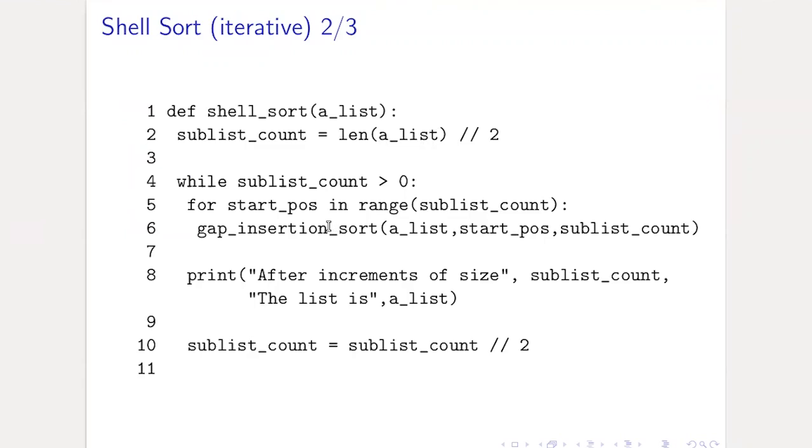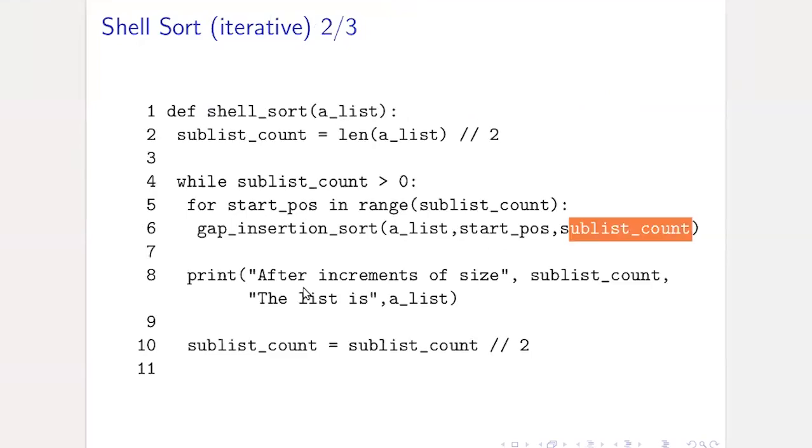Okay, but you can use any other form of creating sublists, and then the algorithm will get the sublist and do what we call the insertion sort on that particular gap or sublist. So we give the list, the starting position, and the number of items in the list, so then it will get sorted. Okay,